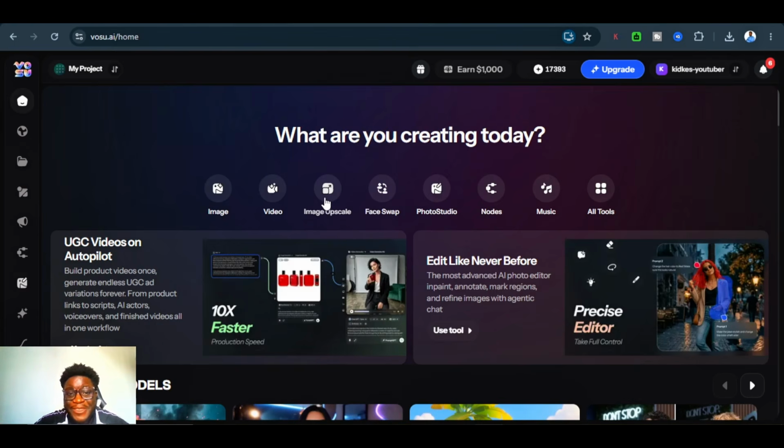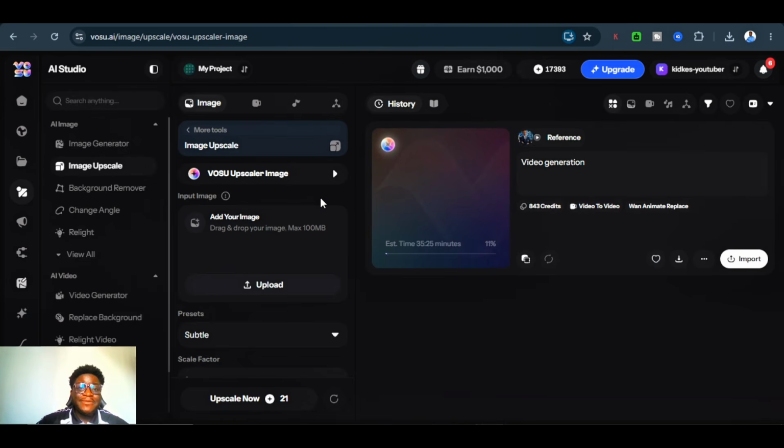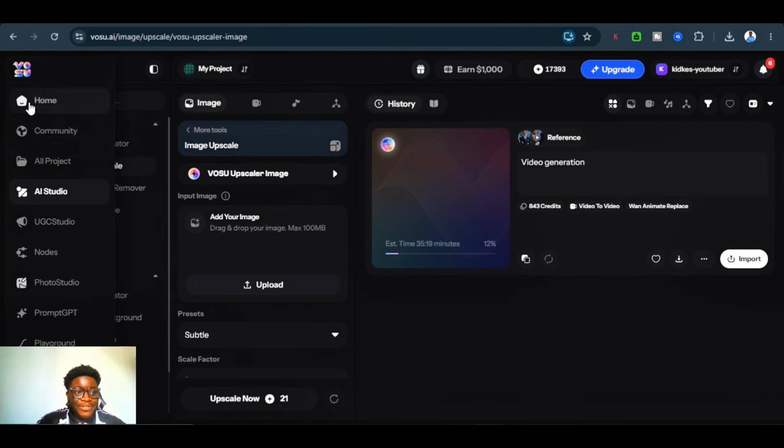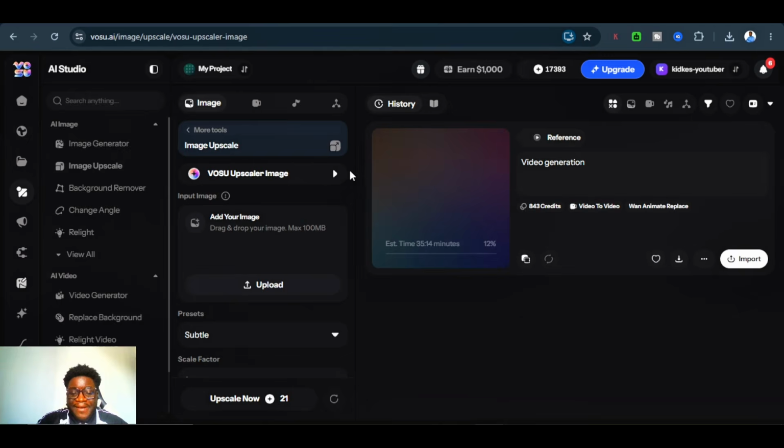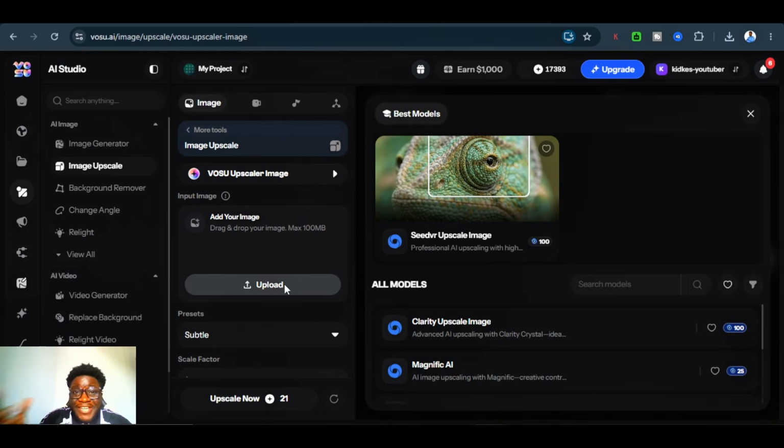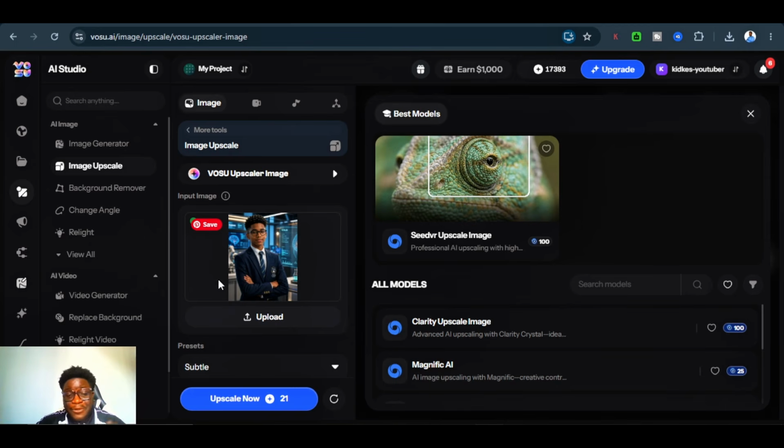Another amazing thing you can do is the upscale of any image at all. You can increase the quality of an image, and in fact, you can even make an image look way more real and more humanized. For example, all you have to do is to come here to where you have the image upscale. You click on image upscale over here, and then from here you can upload the image you want to upscale. So for example, I'm going to upload this image, and then all I have to do is to select